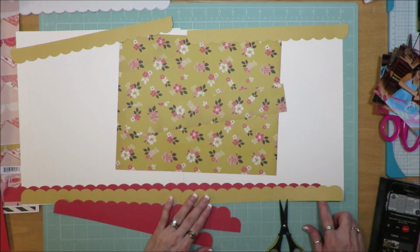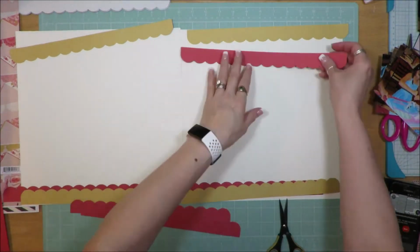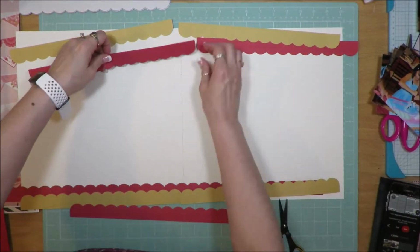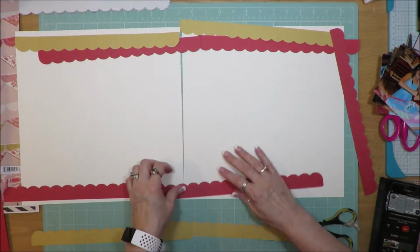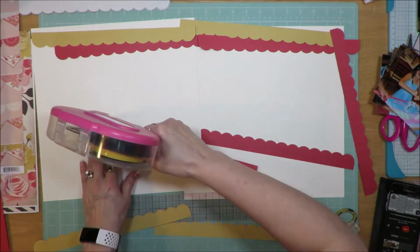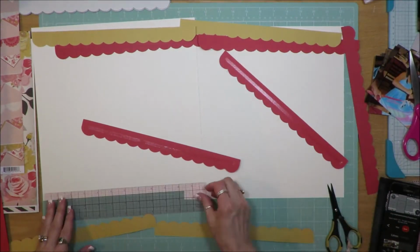Here, because I don't want the scallops to be right on top of each other, I want them a little bit offset. I'm going through and kind of overlapping a little bit the dark pink. It looks red in the video, but really it's dark pink scallops there. And you'll see as I go along, oops, tape gun ran out, so I did a quick fix